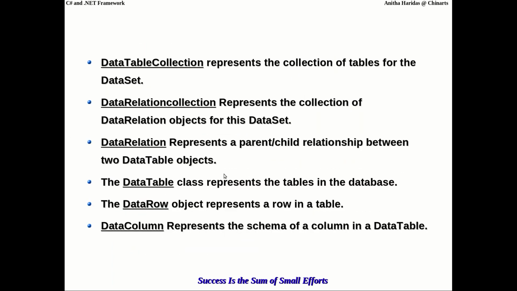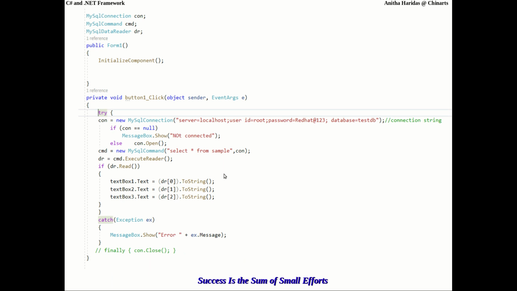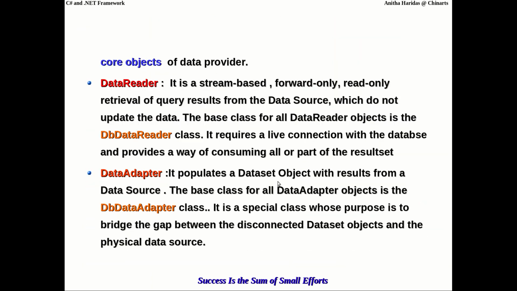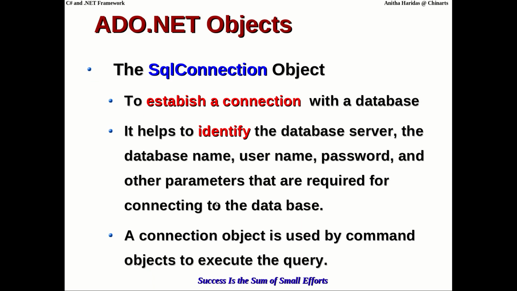As an example, let me go back to our MySQL program. Here we have specified these four parameters. What are they? The server name, the database name, the username and password. So we have not specified any security credentials here. In the same way, if you are going to use SQL connection also, you have to provide all these parameters.